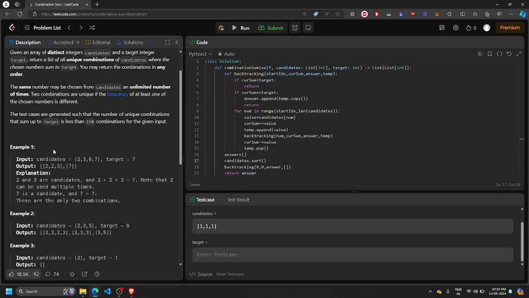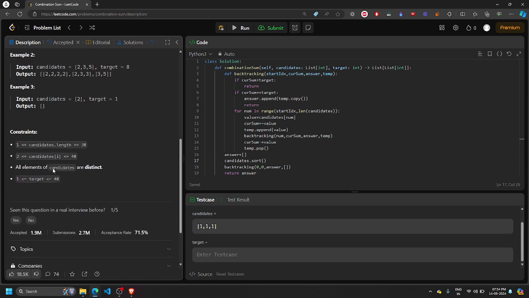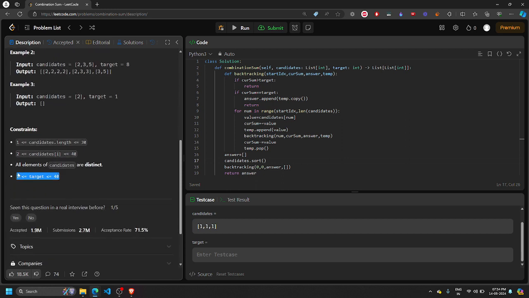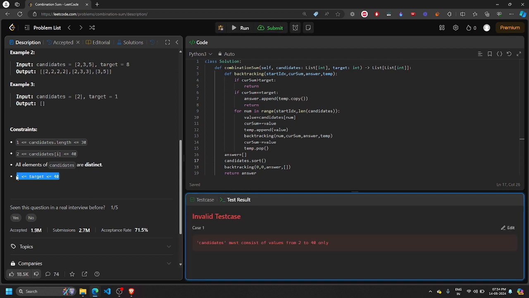What is the constraint of target? Yeah, this is the reason. The target is actually just 40. Imagine that the target was like 200 or something, then you would obviously get TLE. But since the target is very small,